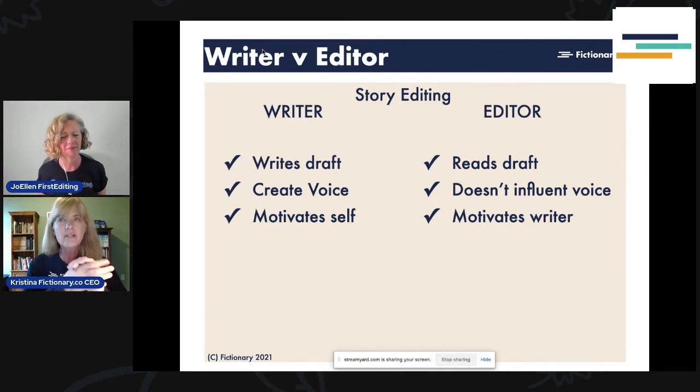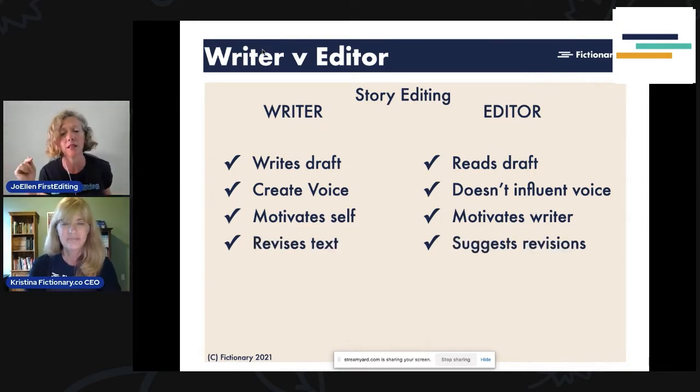And so sometimes when you get a package back from an editor, it's overwhelming. It's huge. It's pages and pages and pages of input. And it's really important that the editor motivates the writer to keep going, to think about the revisions, decide which ones they're going to incorporate or not, but to know what they're good at and that they can achieve a good story. Exactly. And part of that comes with the summary letter